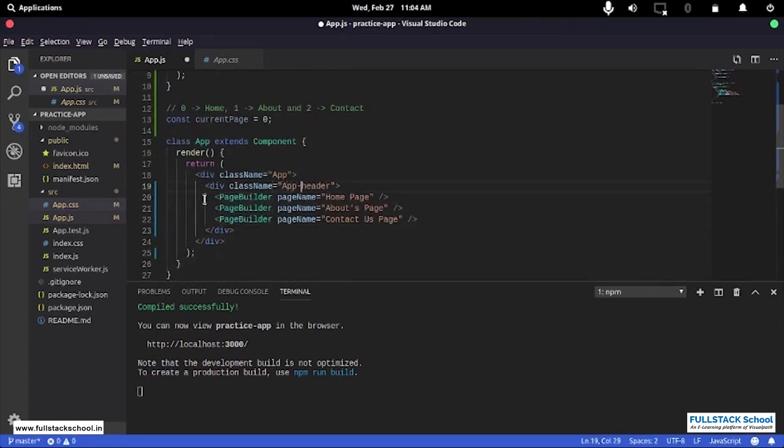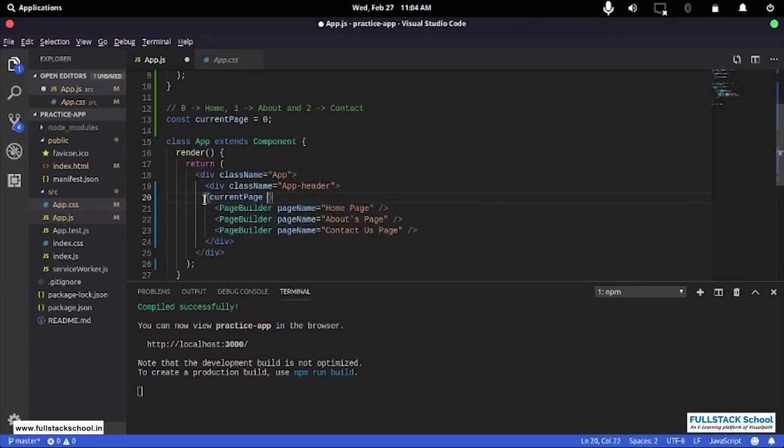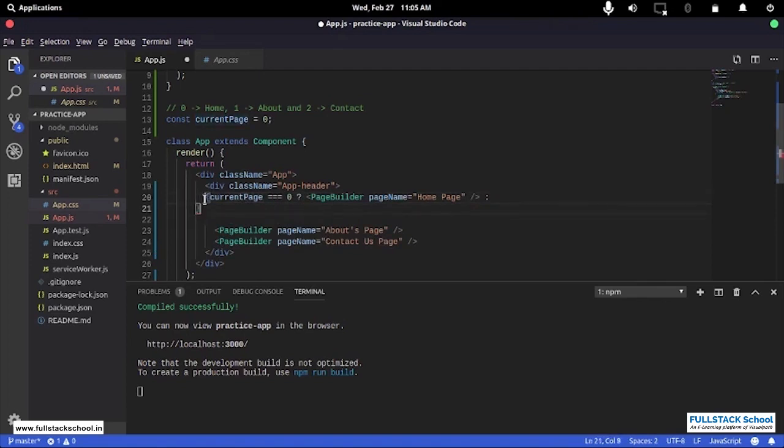Now here I'm going to do something conditionally. So what I'm going to do is say if current page is equal to 0, then I want to show home page. I'm going to cut this from here and I'm going to place this here. What if this is not the case? Then what I'm going to do is,